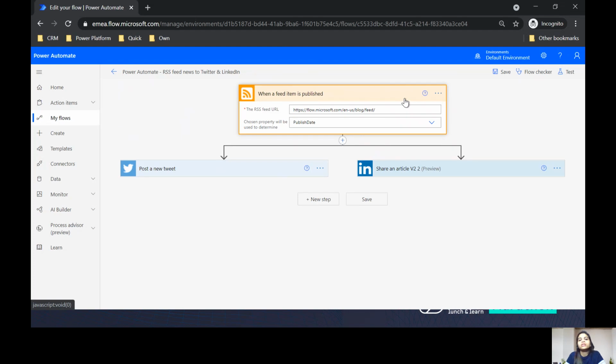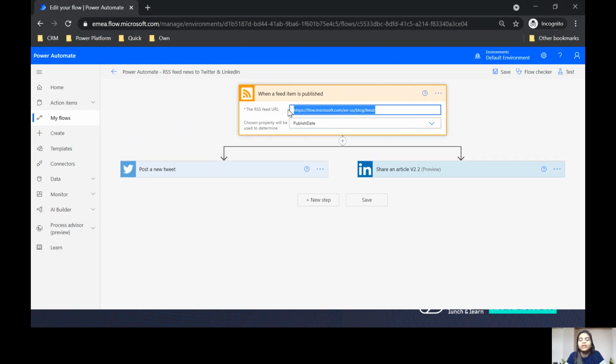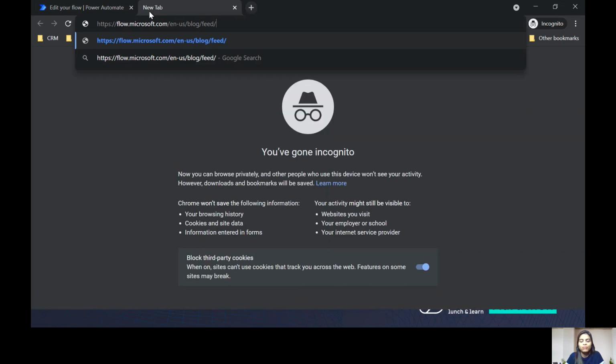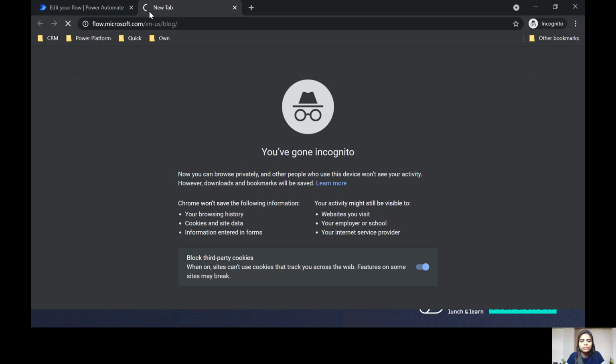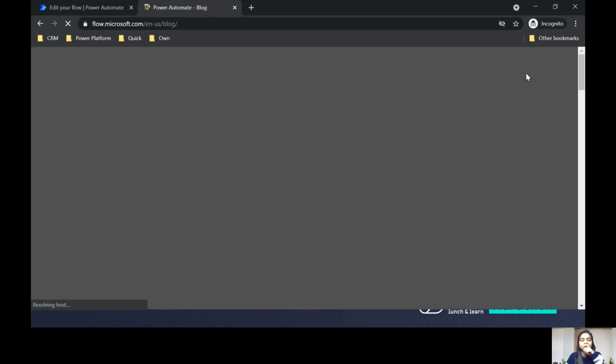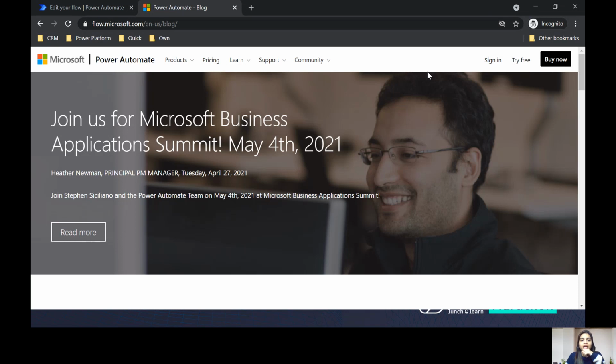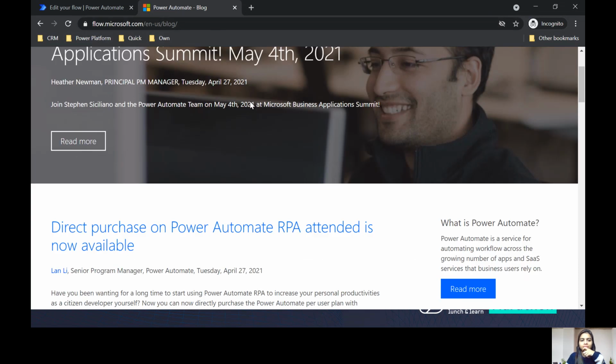What is the Power Automate RSS feed? This is a specific URL that speaks to the Power Automate family. Okay, so let me click over here. I'm copy pasting this. Let's just remove the feed for now. And if you see, this took us to the Power Automate blogs, right?